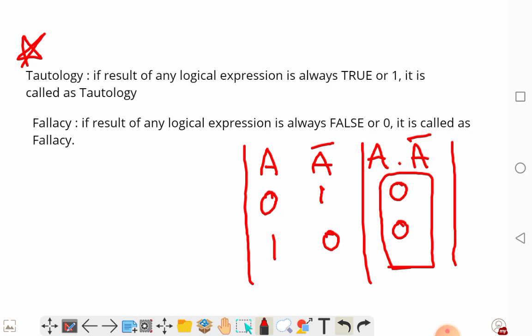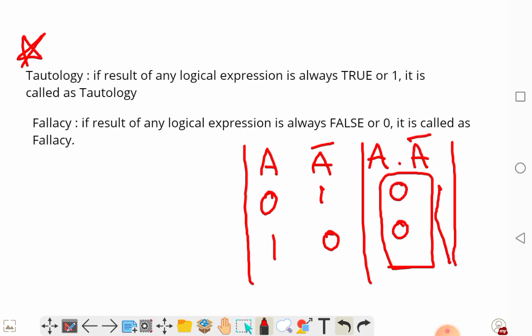Important question for 2 mark. 2 mark ಅಲ್ಲಿ many types of questions ಇದೆ, ಯಾವುದಾದ್ರೂ ಒಂದು ಕ್ವೆಶನ್ ಮಾತ್ರ ಕೇಳ್ಬೋದು. What is tautology, what is fallacy? Tautology ಅಂತ ಹೇಳಿದರೆ ಯಾವಾಗ ರಿಸಲ್ಟ್ ಎಲ್ಲ ಟ್ರೂ ಆಗಿರುತ್ತೆ, ಇಫ್ ರಿಸಲ್ಟ್ ಆಫ್ ಎನಿ ಯಾವುದೇ ಒಂದು ಲಾಜಿಕಲ್ ಎಕ್ಸ್ಪ್ರೆಷನ್ದು ವ್ಯಾಲ್ಯೂಸ್ ಆಲ್ವೇಸ್ ಟ್ರೂ ಆಗಿರುತ್ತೆ, ದೆನ್ ಇಟ್ ಇಸ್ ಕಾಲ್ಡ್ ಆಸ್ tautology. ಯಾವುದೇ ಒಂದು ಲಾಜಿಕಲ್ ಎಕ್ಸ್ಪ್ರೆಷನ್ದು ರಿಸಲ್ಟ್ ಫಾಲ್ಸ್ ಆಗಿರುತ್ತೆ, ಆಲ್ವೇಸ್ ಮೀನ್ಸ್ ಪ್ರತಿಯೊಂದು ವ್ಯಾಲ್ಯೂಸು 0 ಆಗಿರಬೇಕು. ರಿಮೆಂಬರ್,